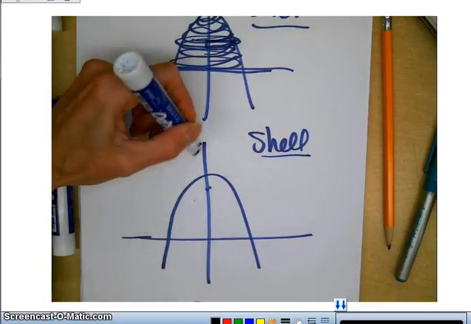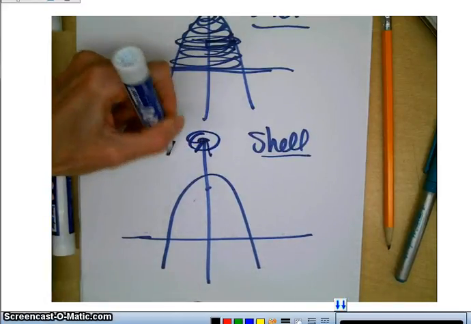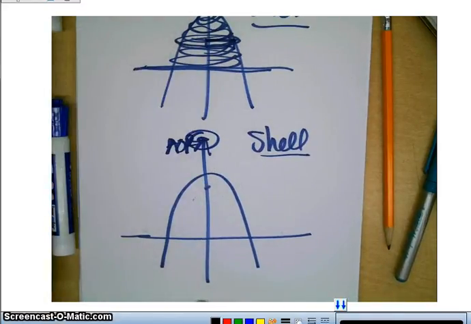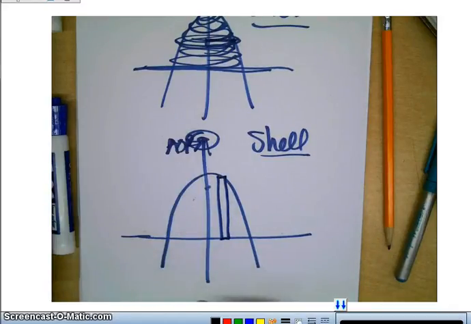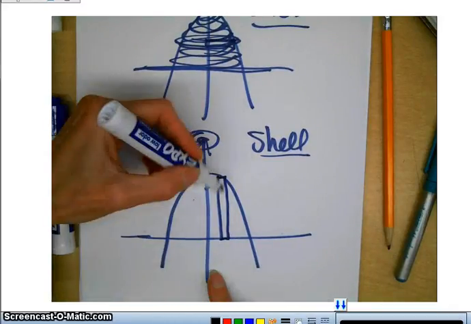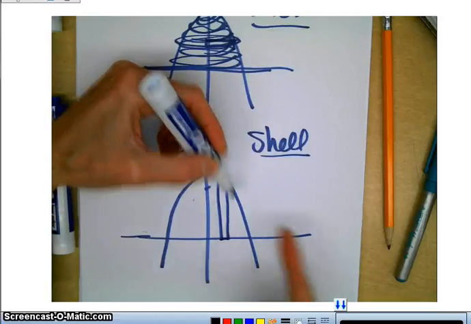So if I'm going to revolve it around the y-axis here, here's my axis of revolution. Instead of drawing the little bar perpendicular to the axis of revolution, I'm going to draw it parallel to the axis of revolution. And what I'm going to do now with this bar is I'm going to revolve this around